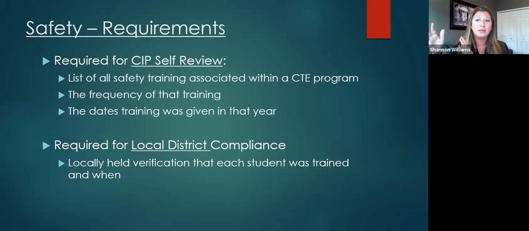So again, I'll reiterate, there are two different compliance pieces we're talking about. There's what you need for CIP self-review, and then what you should do to keep locally at your district so you can verify, if asked, when an individual student was safety trained. Two different things, both equally important, both required. But what I want to share with you today is what the requirement is for the CIP self-review,